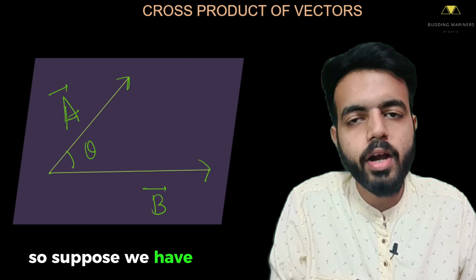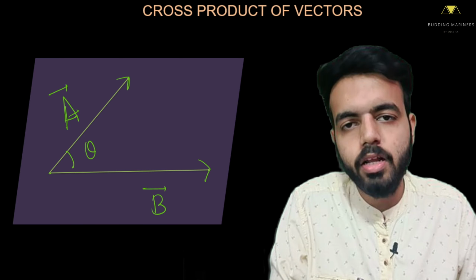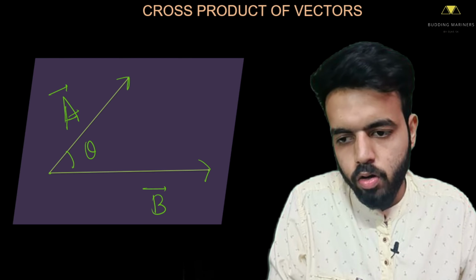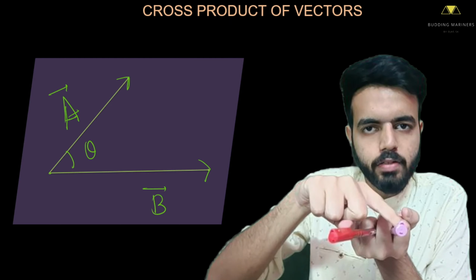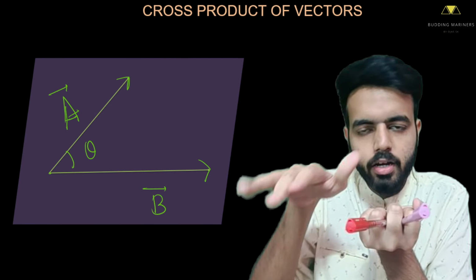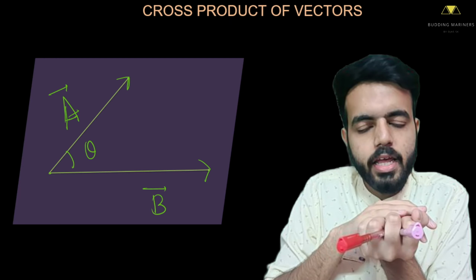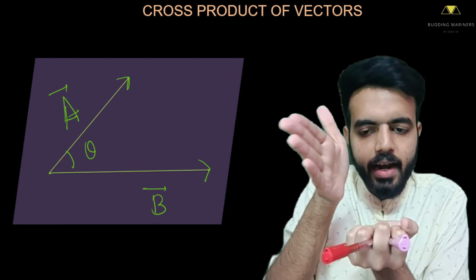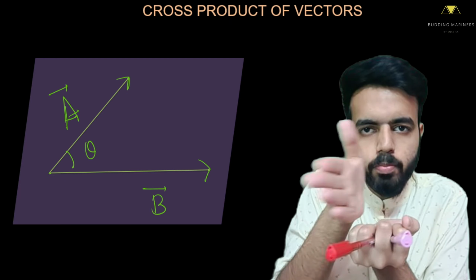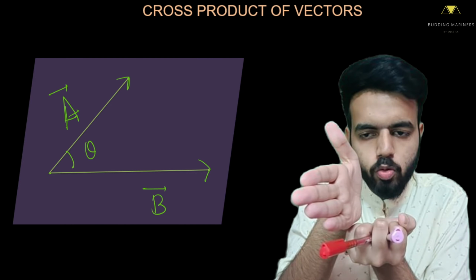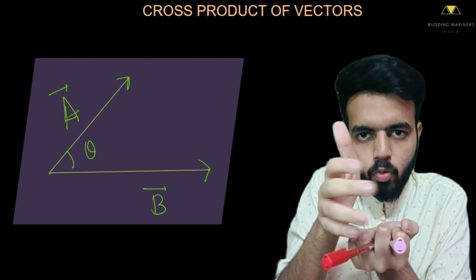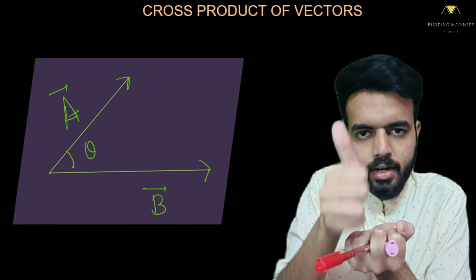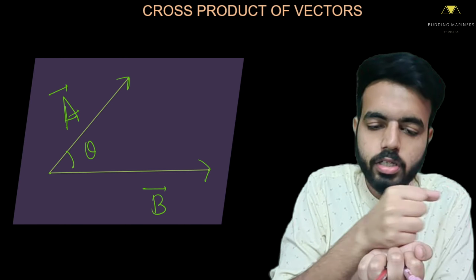So suppose we have two vectors A and B in a plane. This purple is a plane. So for A cross B, suppose I have these two vectors here. This is A vector, this is B vector. They are both in a plane. Okay. So for A cross B, take your right hand and go from A to B. Your fingers should go from A to B. So this. Where is your thumb going? Thumb is going upwards. Thumb is directing upwards. So A cross B is going to be upwards.